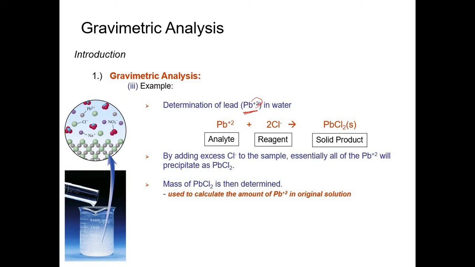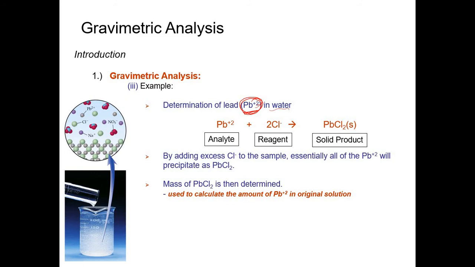You cannot have lead 2+ as a solid, right? Because if it's solid, then that should be lead, just lead alone, Pb. Okay? So meaning if you have this lead 2+, it should be in solution. So if you want to determine the amount of this lead 2+ in solutions, for example, in your tap water, you want to analyze the lead 2+ in tap water, then